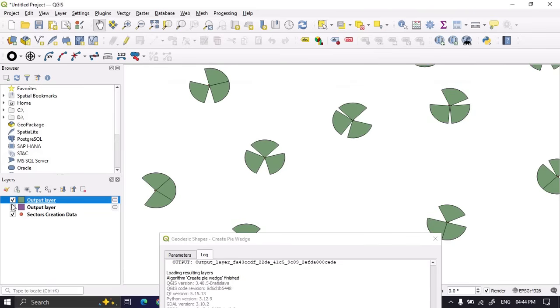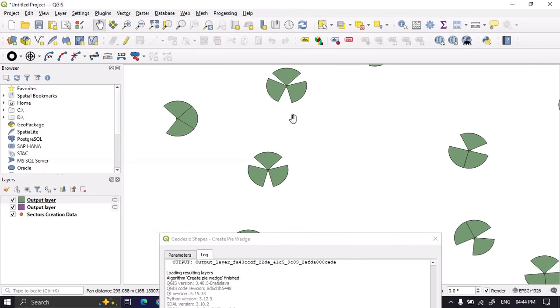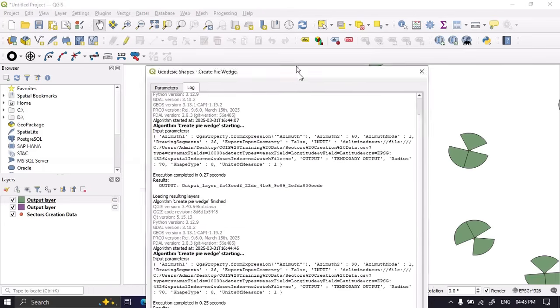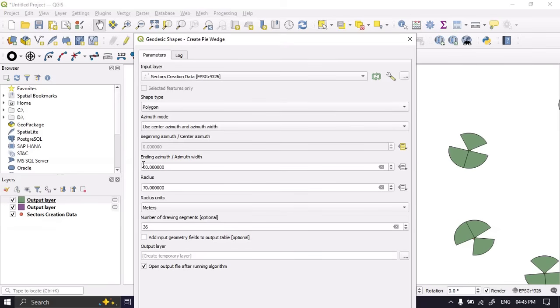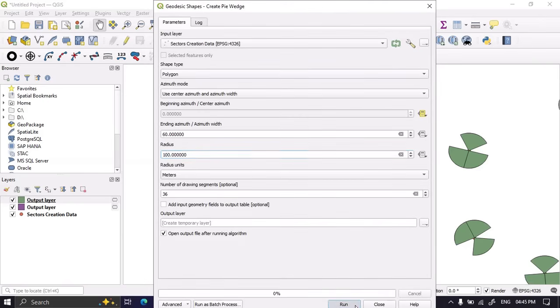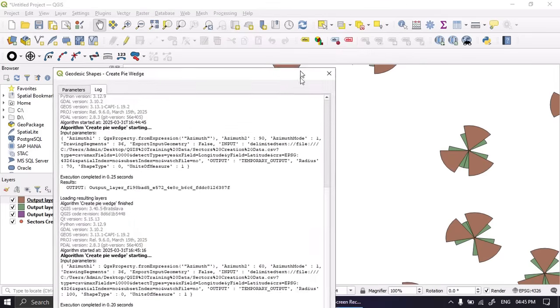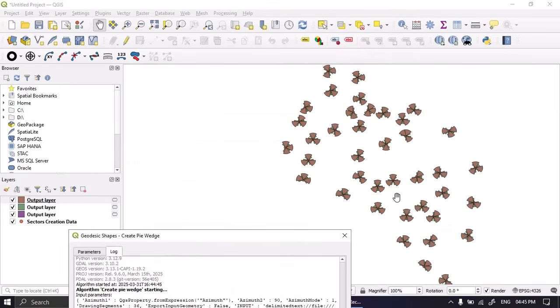So you can change the azimuth or this width accordingly. If the width is okay and you need to change the length of the sector, then you can change it like 72, I mean 100. See, now the sector length has already changed.